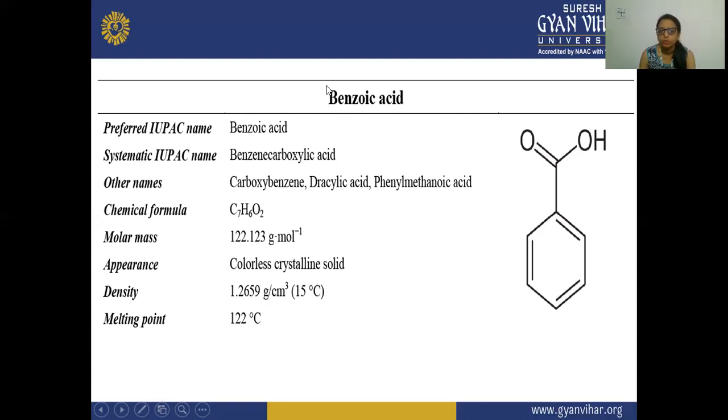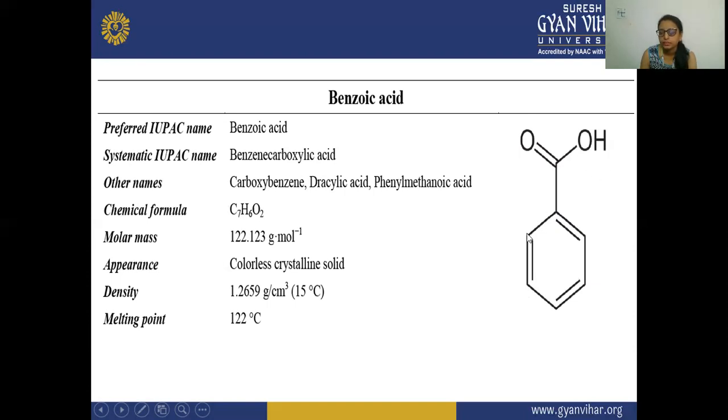So here, this is your benzoic acid, which is our aromatic acid, and this is the structure of benzoic acid. In this, you can see this is your benzene ring, or you can say this is your phenyl, because a substituent is added on it. So here this is acting as a substituent. That is why we are calling it phenyl ring also. So this is your benzene ring, and on the benzene this carboxylic acid functional group is attached. That is why it is known as benzene carboxylic acid or benzoic acid, because benz is for benzene and oic is because this carboxylic acid is present.